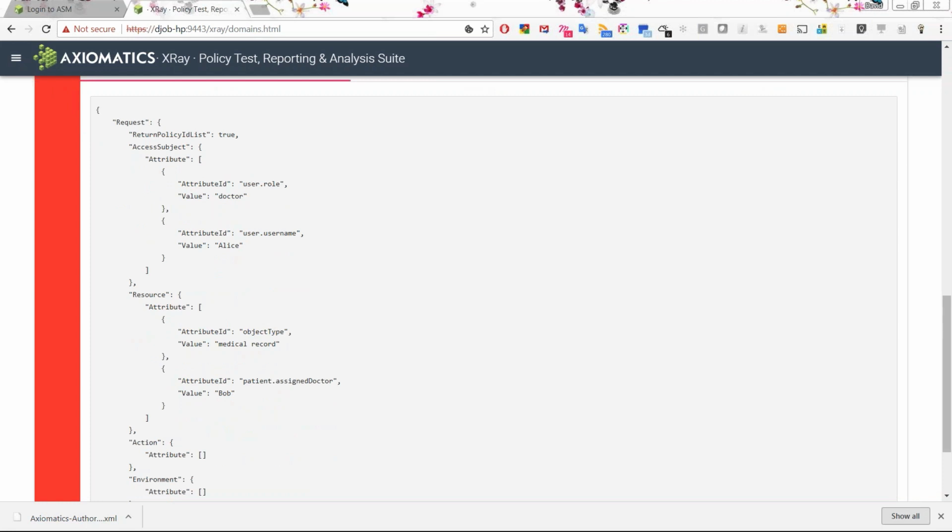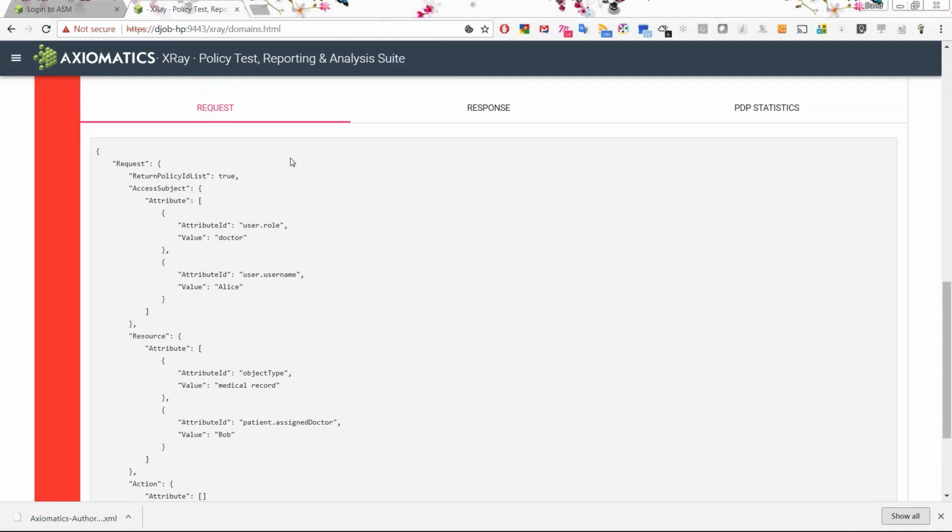So we have all the building blocks that we talked about from a simplicity perspective, right? Yeah. We have authored the policy in Alpha. We are using our tool here, X-Ray, to construct the JSON request, and it's posting it to our authorization engine that has that policy in place. Yep. Via REST, and then we get a JSON response back as well.